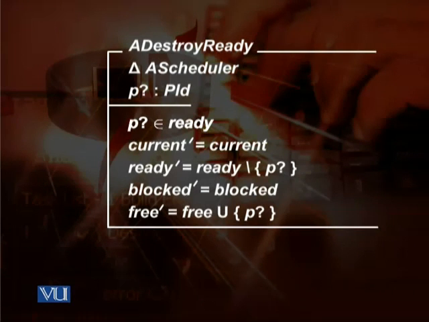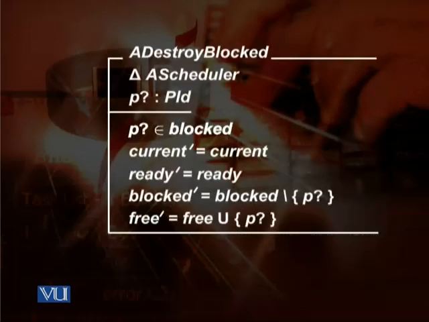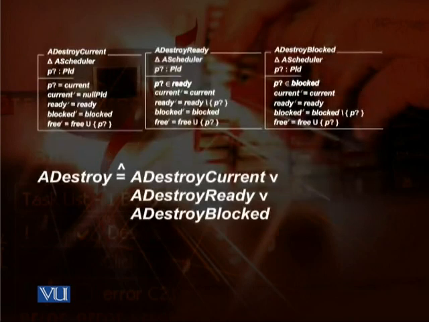And if we destroy a blocked process, once again the precondition is that this process is a member of blocked, and if that is the case, then current does not change, ready does not change, the process is taken out from the blocked set and the blocked set is updated and the free set is updated accordingly. And our destroy schema is a new schema we get by combining all three schemas. So we have the first one or the second one or the third one. So we have a destroy current or a destroy ready or a destroy blocked,